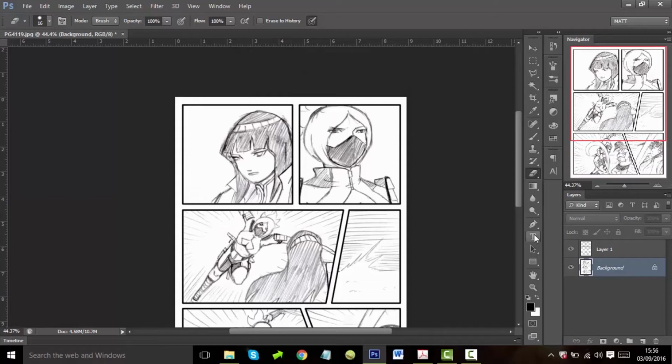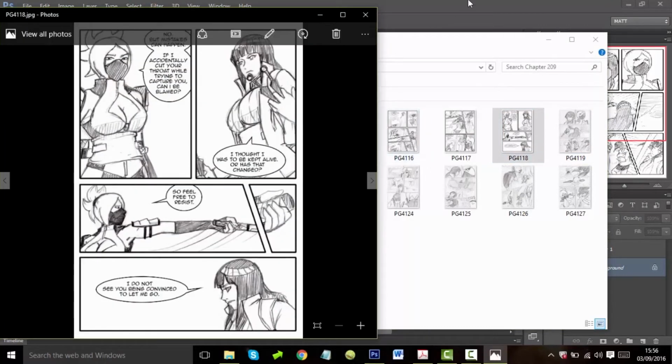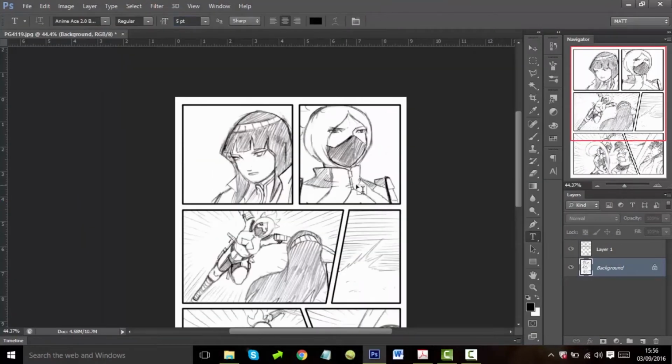Okay, so once the page is sufficiently prepared, I move on to the text. Now the way I write text tends to go through different routes, yet all the same. I write things down in notebooks or on post-it notes, or sometimes on the computer, but not often. But I do have a general idea of what's going on written down. It's like I want them to talk about this subject, I want her to insult him, or I want him to be cocky,